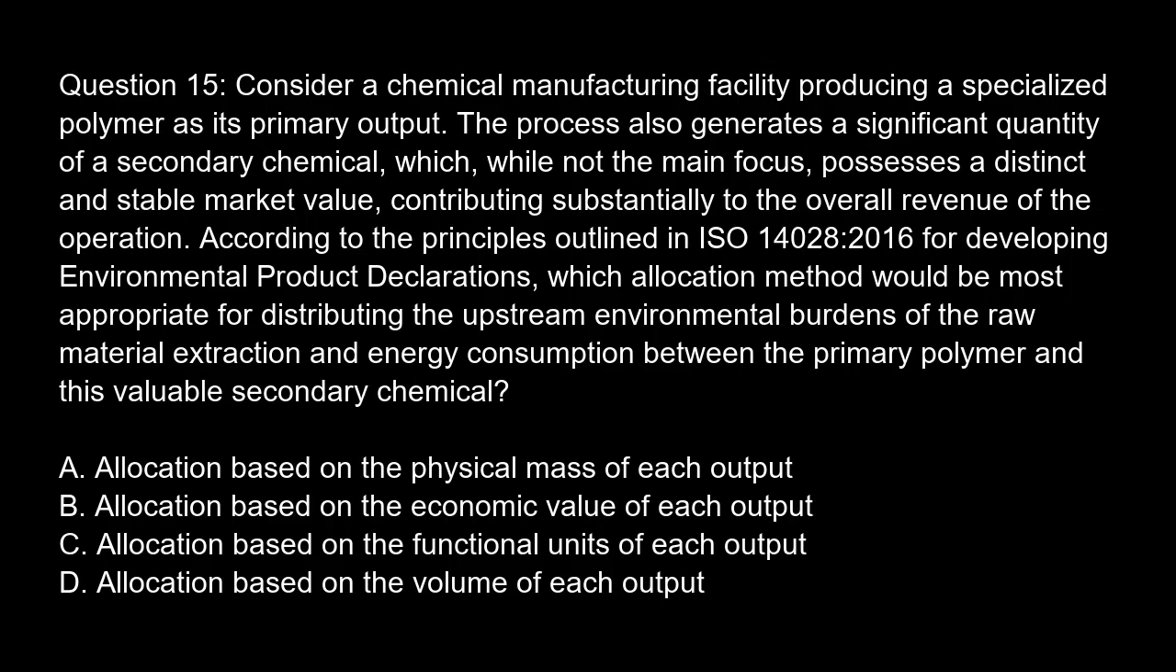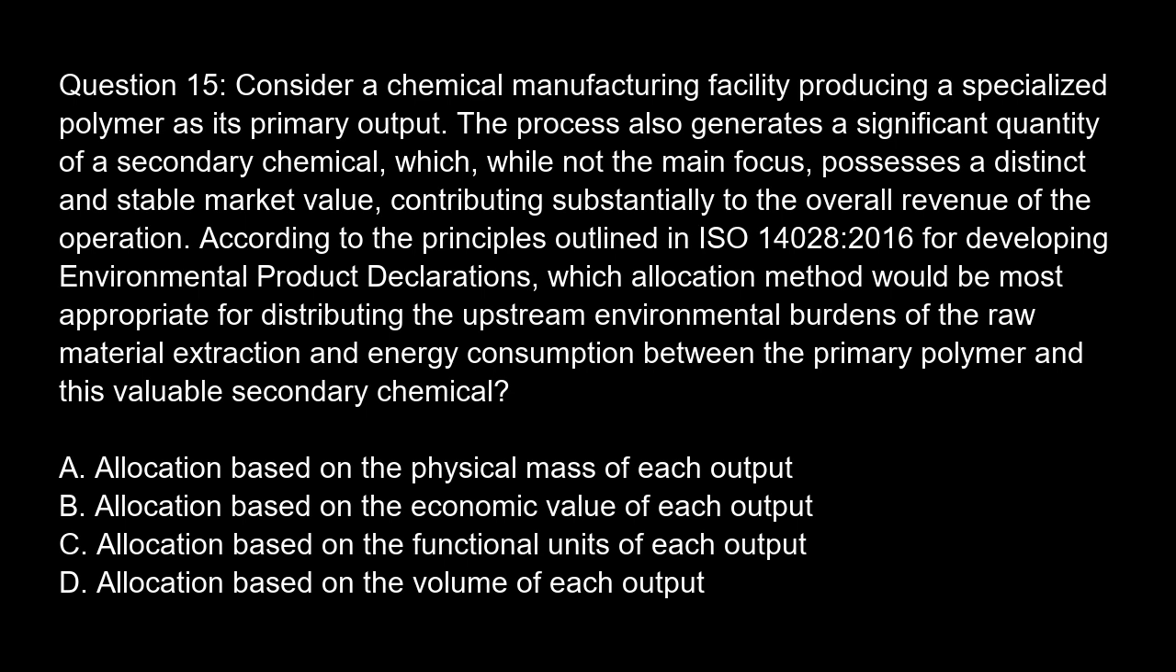Question 15. Consider a chemical manufacturing facility producing a specialized polymer as its primary output. The process also generates a significant quantity of a secondary chemical, which, while not the main focus, possesses a distinct and stable market value, contributing substantially to the overall revenue of the operation. According to the principles outlined in ISO